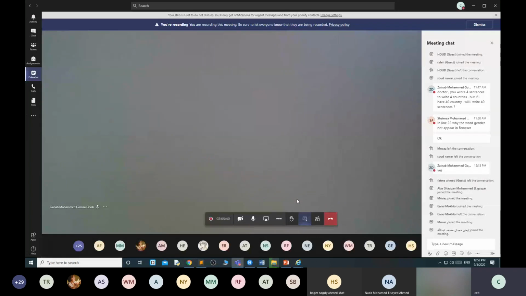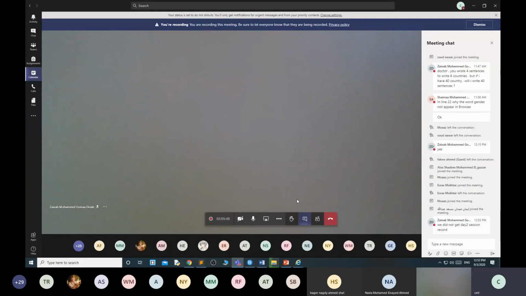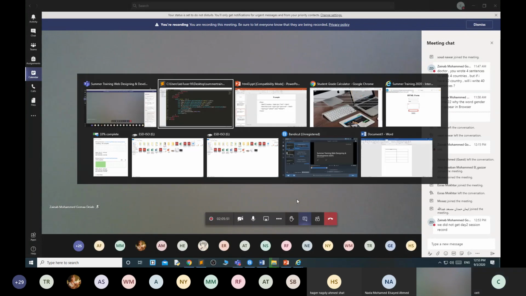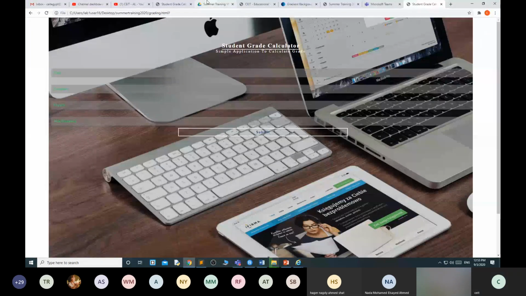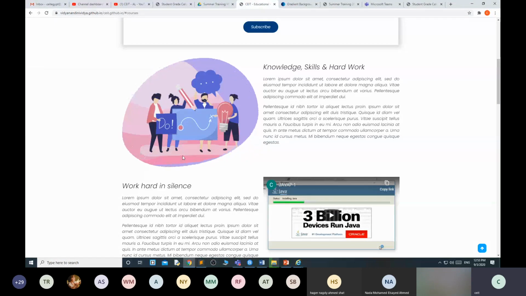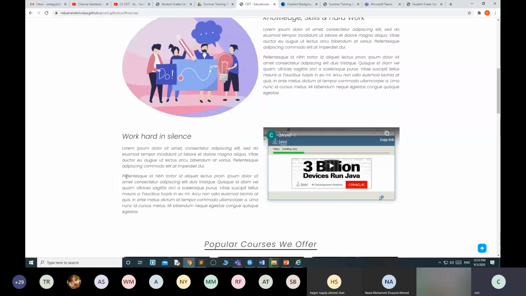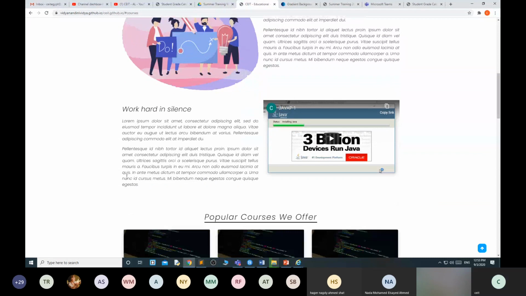Because next week, we will see animation and transition in CSS, how to apply animation and transition like this. See, this is the animation. You can see this oval shape, it is moving. We will see how to apply this animation in CSS, and we will see how to include the Google Map in a web page, and what's the use.